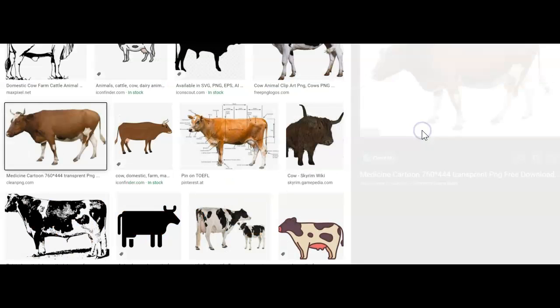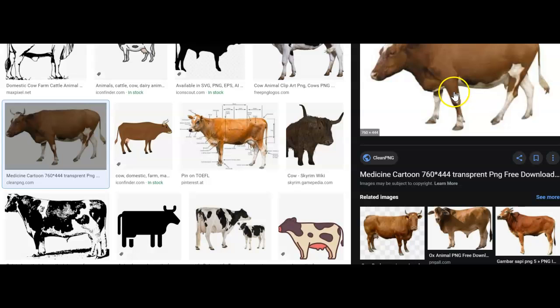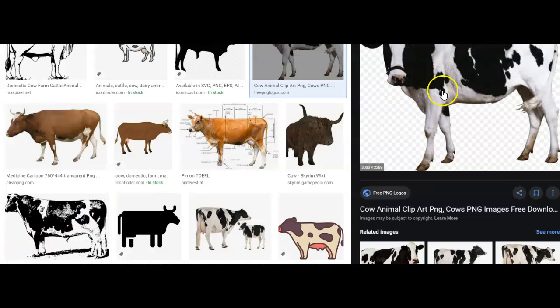And this looks like a nice one here. So I will wait till the checker boxes come. Sometimes they don't. And if they don't, I choose another image because I want a background that is transparent. Though it doesn't necessarily matter because the background is white, so we'll get this information anyways. There we go. I got it to have the transparent image, so I'm going to copy the image real quick